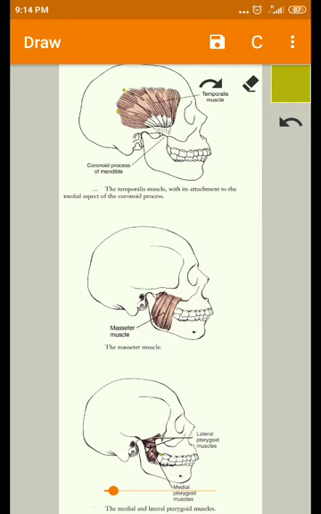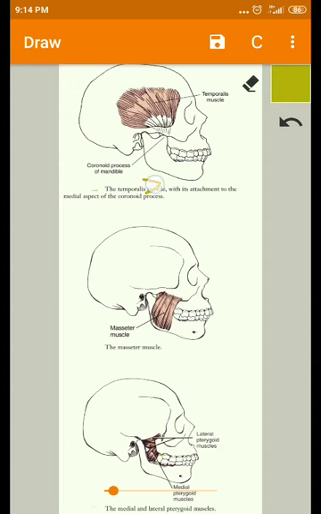There are many secondary muscles. These muscles are smaller than the primary muscles. As we know, in front of the neck the hyoid bone is present, isn't it? So these secondary muscles are of two types: one is the suprahyoid muscles and the other is the infrahyoid muscles. So these are the hyoid muscles.